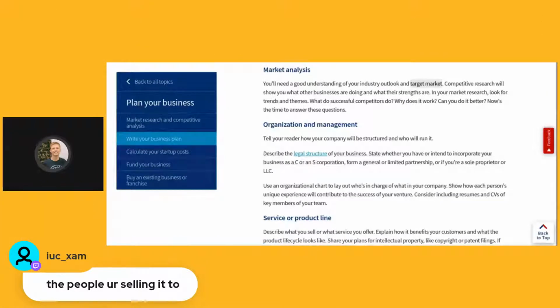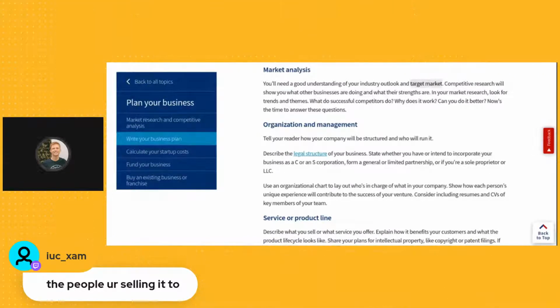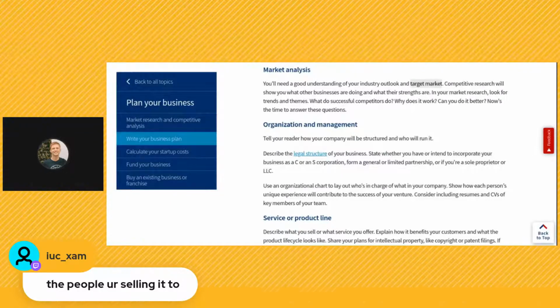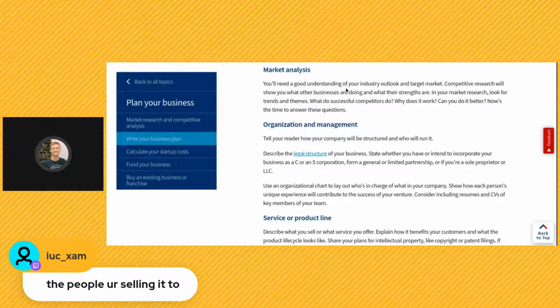So we have some people suggesting what a target market might be. IUC XAM says that it is the people that you sell to. That's exactly right. It's the people you're selling to currently, and also the people who you might like to sell to in the future. So it's not necessarily people who are buying your product now, but anyone who you think would make use of your product. So for instance,